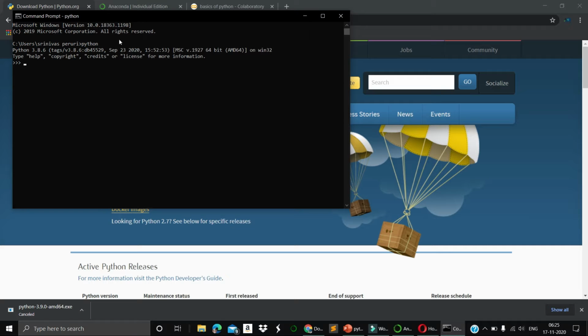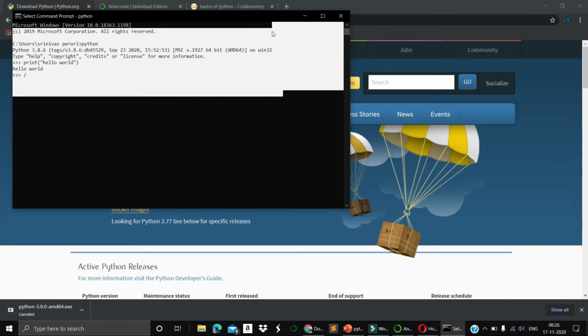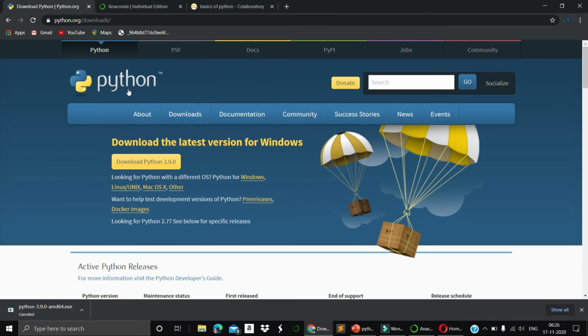If you want to print something, or run any command related to Python, you can type the command here itself and press enter. This is one of the ways when you are using the Python 3.9 version.